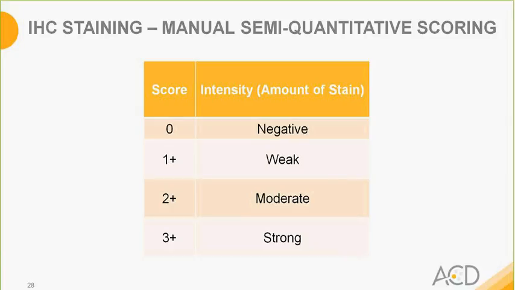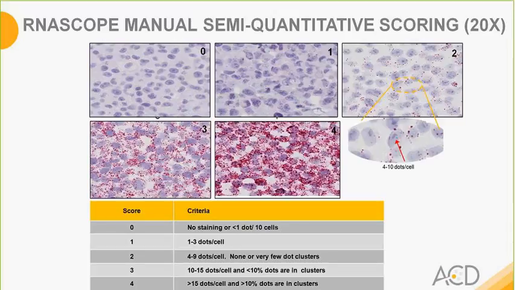This system is similar to what is used by many research as well as clinical diagnostic labs for a variety of IHC markers, including HER2. Similar semi-quantitative scoring systems have been developed and are commonly used for RNAscope assessment, both by ACD as well as many of ACD's clients. The scoring schema shown in this slide is what is routinely used by ACD and its